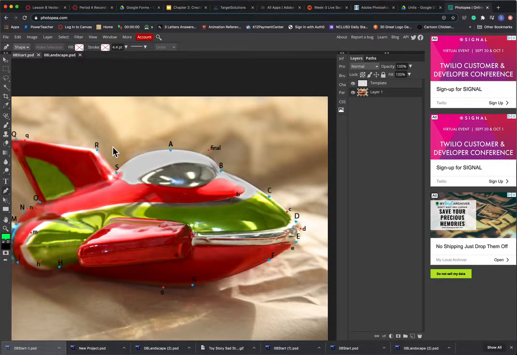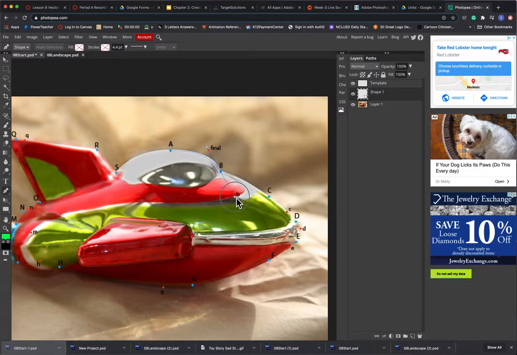So you have the pen tool. We will start on A, and all you have to do for this one is just click it one time like this. That's the first one, and then we're going to move on to the letter B. But you'll also notice for the letter B there is an uppercase and a lowercase. What that means when you see two letters that are the same is it doesn't want you to click it one time. It wants you to click and hold and drag it to the lowercase b like that,